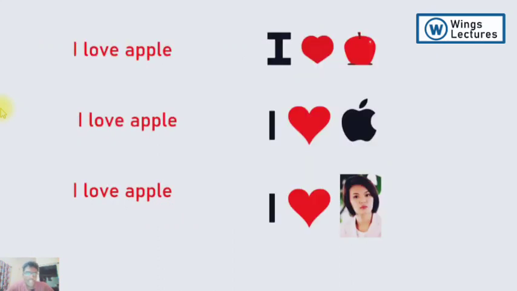Next, the different meanings we discussed before: there is a sentence, "I love apple." It may have many meanings, right? You love a fruit, apple as a fruit. I love Apple as a mobile brand, or I can love Apple as an actress, right? So on what basis will the internet bring you the information? What the semantic web is exactly doing is trying to catch what you are exactly looking for, right?